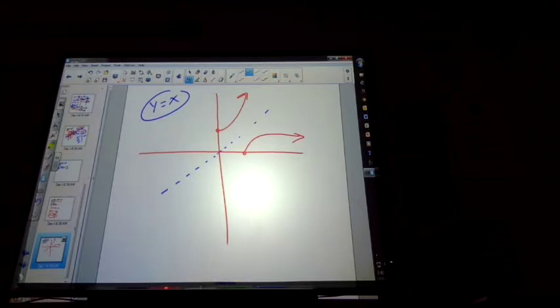The range of a function, if the function is 1 to 1, then it's